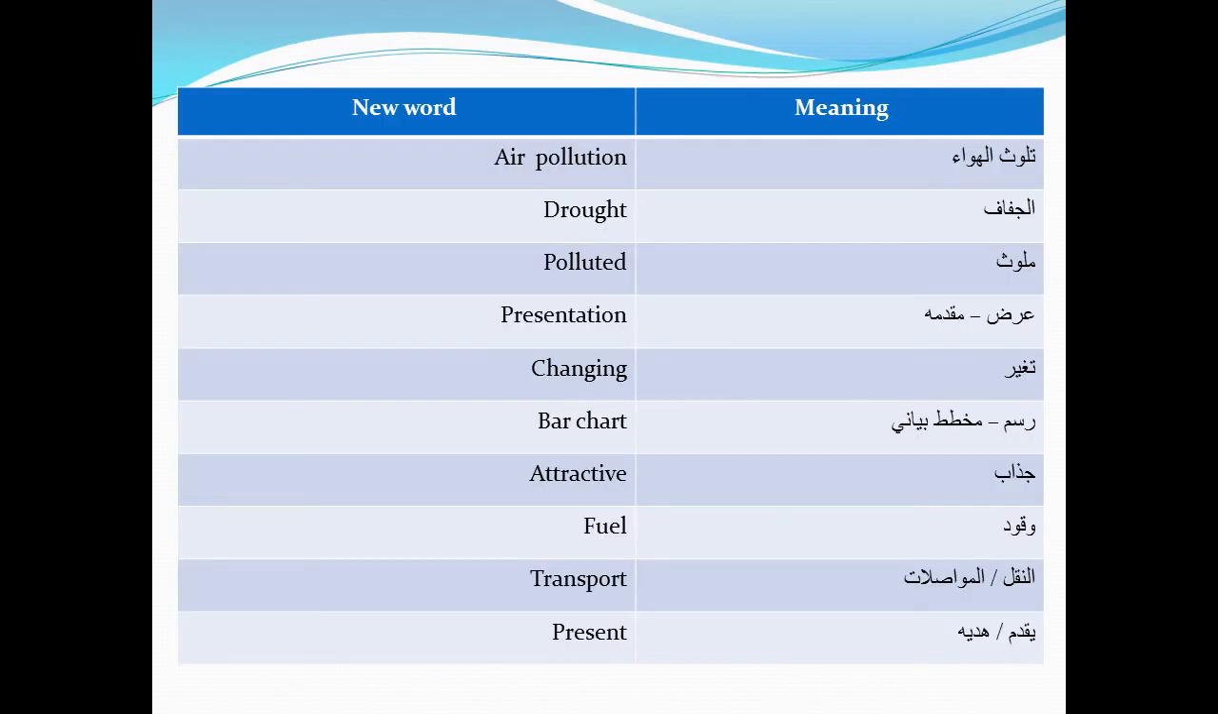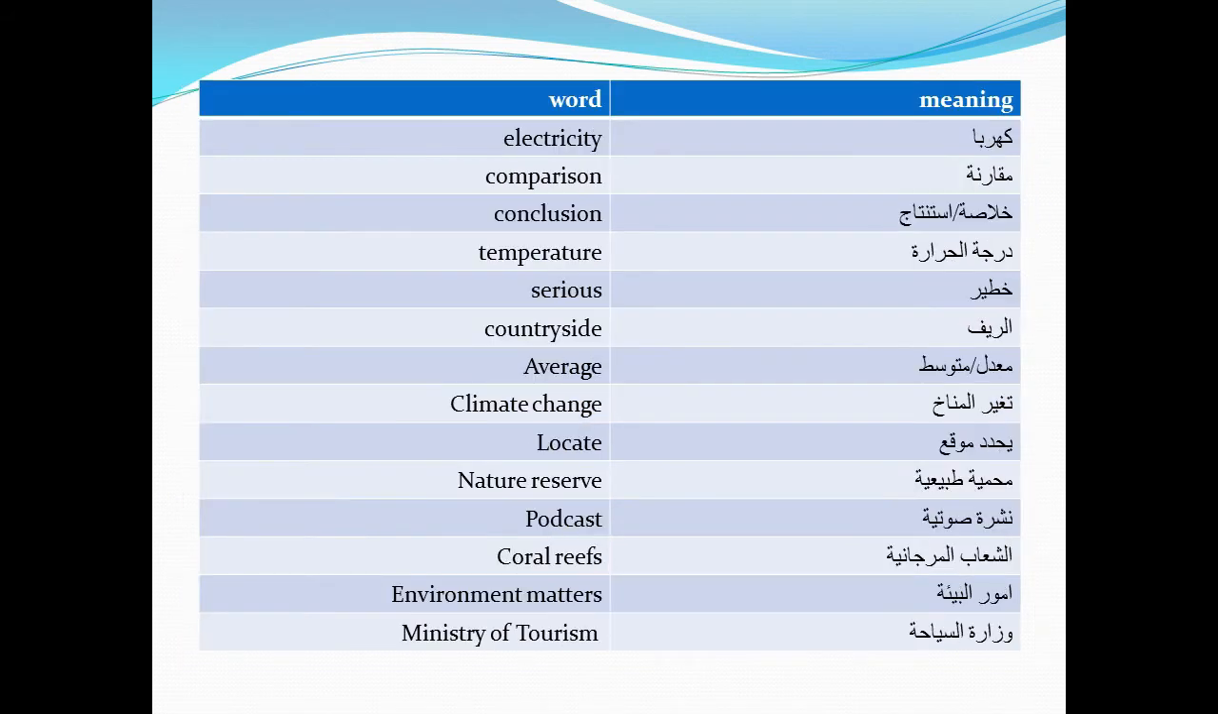Let's start with new words and meaning. Air pollution, drought, polluted, presentation, changing, bar chart, attractive, fuel, transport, present. Let's go on reading the new words. Electricity, comparison, conclusion, temperature, serious, countryside, average, climate change, locate, nature reserve,